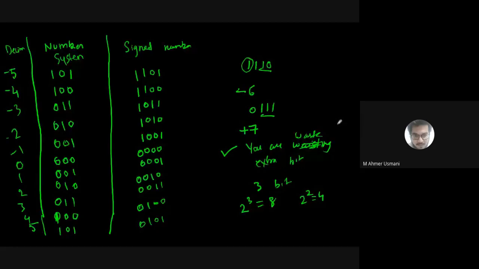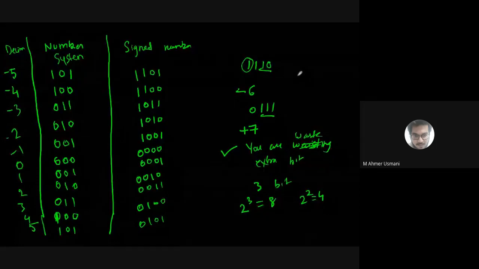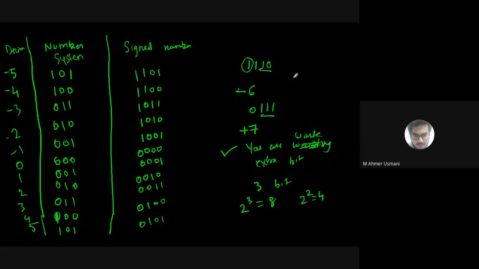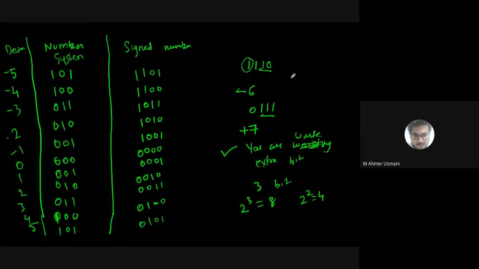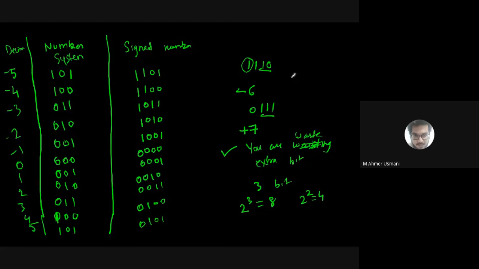अगर आप एक बिट भी वेस्ट कर रहे हो तो इसका मतलब आपके कंप्यूटर को एक एक्स्ट्रा बिट को स्टोर करना पड़ेगा और उसके ऊपर एक्स्ट्रा प्रोसेसिंग लगेगा और एक बिट के लिए एक्स्ट्रा फ्लिप फ्लॉप आपको ऐड करना पड़ेगा. अगर वो पॉजिटिव है तो पॉजिटिव के लिए भी आपको 0 which is not required at all, but still you need to save that. So which is quite hectic. That is one of the negatives of the sign number system.